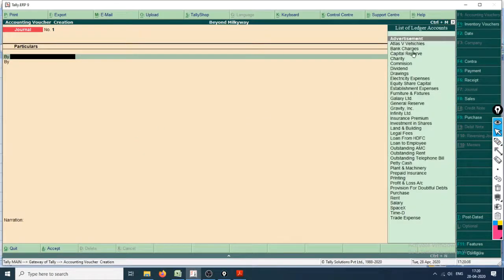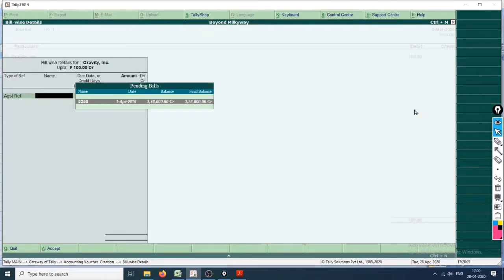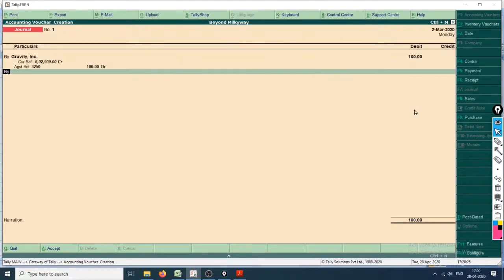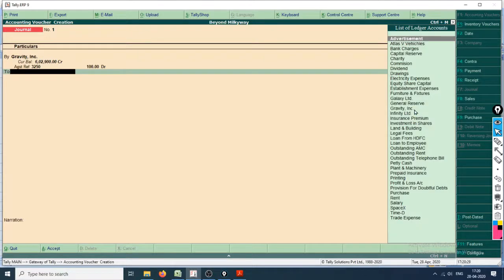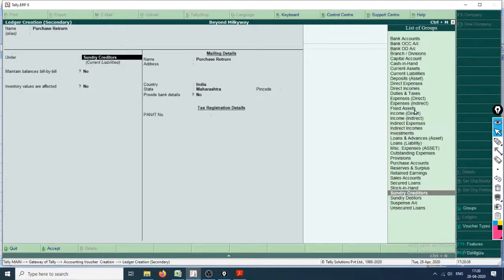F7 is a journal entry, and then what will we do? We will debit the account of Gravity Incorporation, assume 100 against reference, yes, this only 100, and write 2 here, enter, and then you can create a purchase return account, which I told you, return, transfer it to purchase accounts.